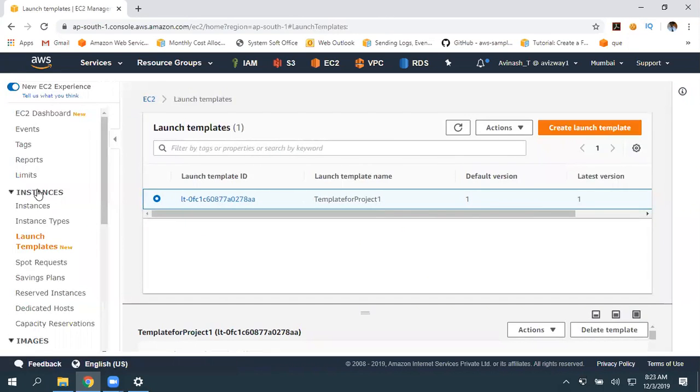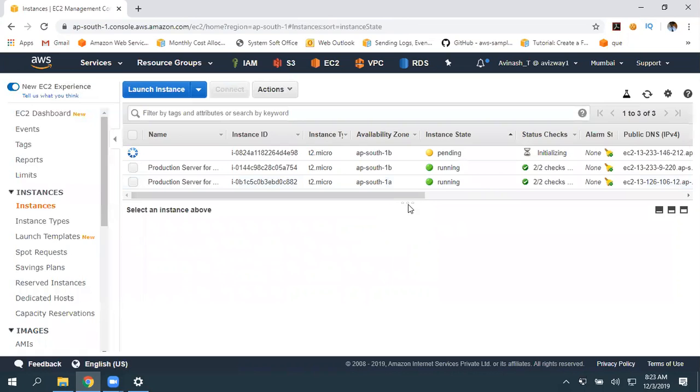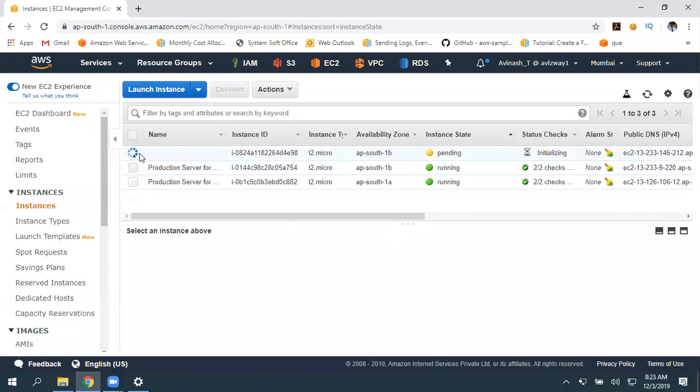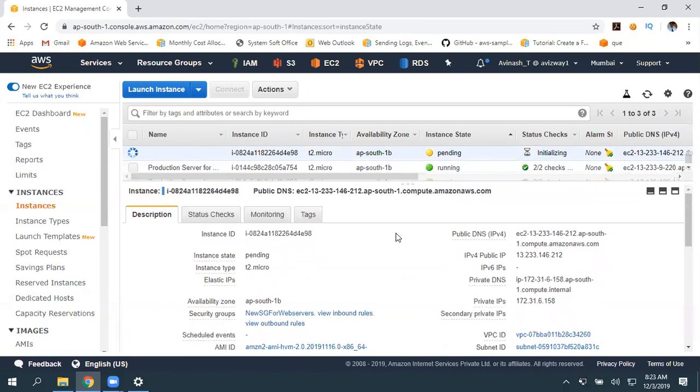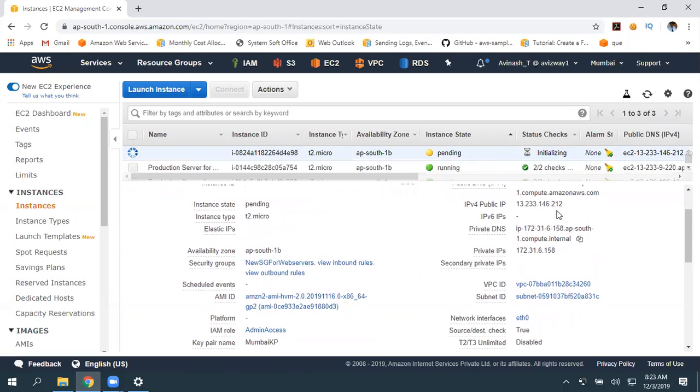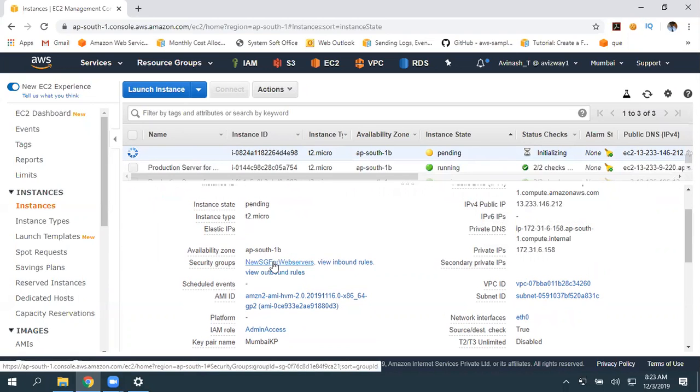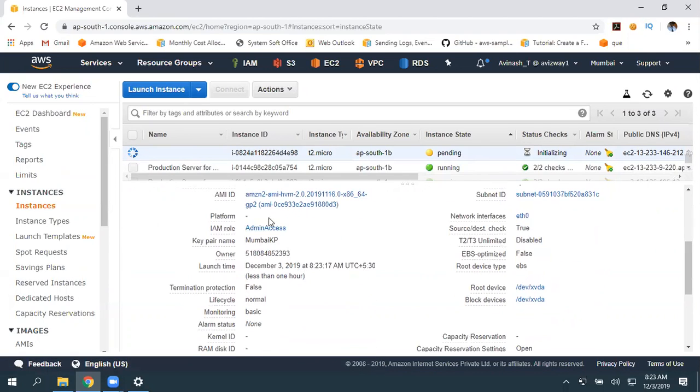Then you get the instance. So immediately you are going to get a new EC2 instance. And it is going to get all the configured settings. So one NIC card is going to get, and this is going to contain this particular public IP address. And here you can see that security group and T2 Micro is selected, Mumbai key pair is selected, IAM role also selected. So based on your requirement, you can create templates. So instead of creating everything manually, launch all your instances from your templates.